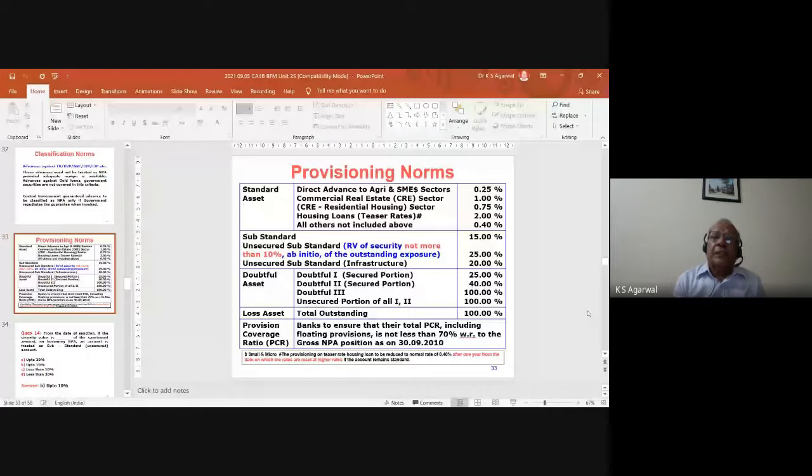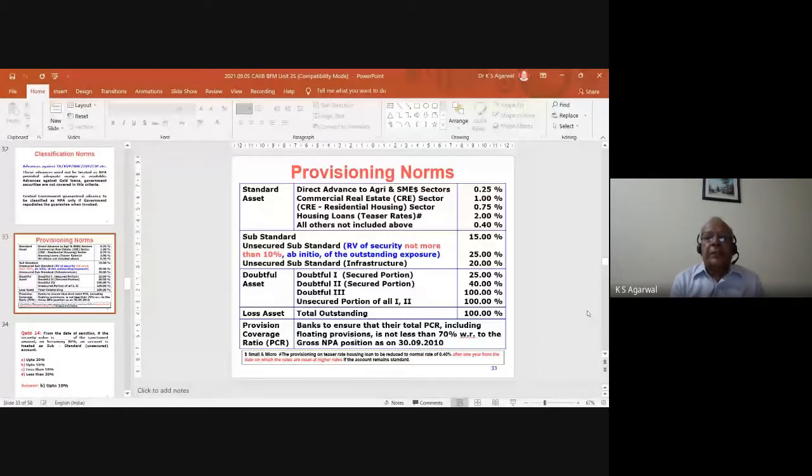So after resetting, even for the next 12 months, this higher provision of 2% will be applicable. 2% will be applicable during the duration when it was at a concessional rate, and it will also be applicable during the first 12 months of normal rate. Only thereafter can I make a reduced provision of 0.40%.